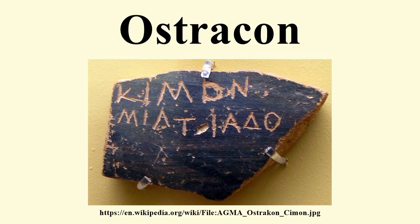The Ostracon contain from 2 to 9 verses each, and cover Matthew chapter 27 verses 31 to 32, Mark chapter 5 verses 40 to 41, Mark chapter 9 verses 17 to 18, Mark chapter 9 verse 22, Mark chapter 15 verse 21, Luke chapter 12 verses 13 to 16, Luke chapter 22 verses 40 to 71, John chapter 1 verses 1 to 9, John chapter 1 verses 14 to 17, John chapter 18 verses 19 to 25, John chapter 19 verses 15 to 17. There is one Ostracon with the inscription, Saint Peter the Evangelist, perhaps an allusion to the